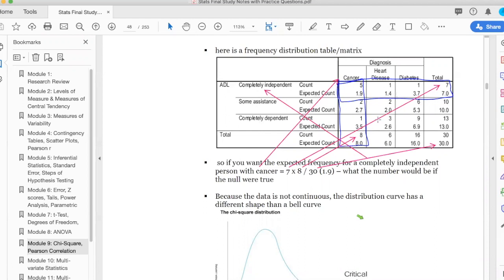This is our population. It looks like our population total was 30 people, okay? And then just fill it out. The number of people who have cancer and are completely independent is 5. The number of people who have heart disease and are completely independent is 1. The number of people who have diabetes and are completely dependent is 9, okay? So if you want to calculate the expected frequency of, let's say, a completely dependent person with cancer,